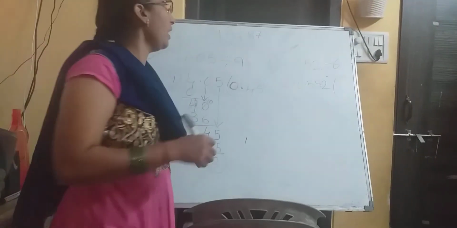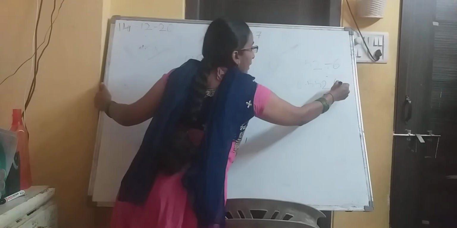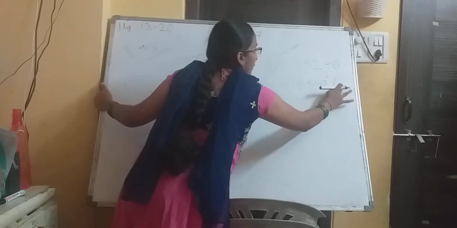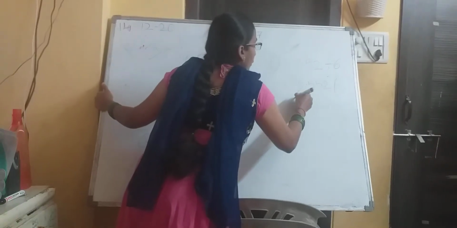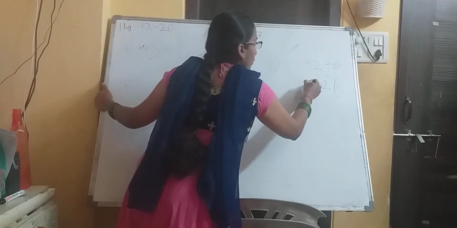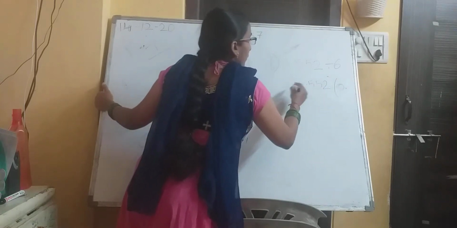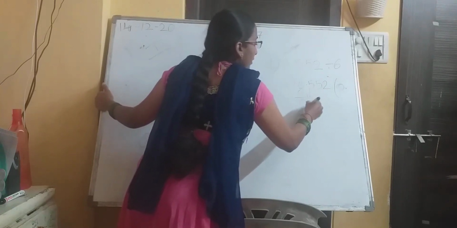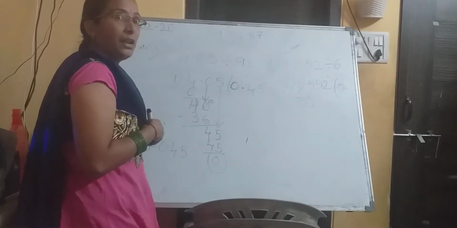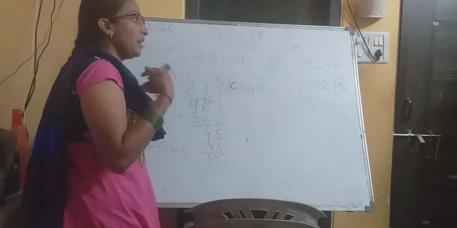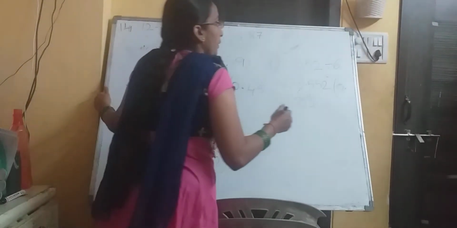Yes children? See how you are going to divide this? 6 zeros are 0. Okay, 0 comes down. And this point goes here, children, in the quotient. 5 comes down. In 6 table, we won't get 5. No? Do we get 5 in 6 table? No, 5 is less than 6. We can't get it in the 6 table. So, what you are going to do now? Put here 0